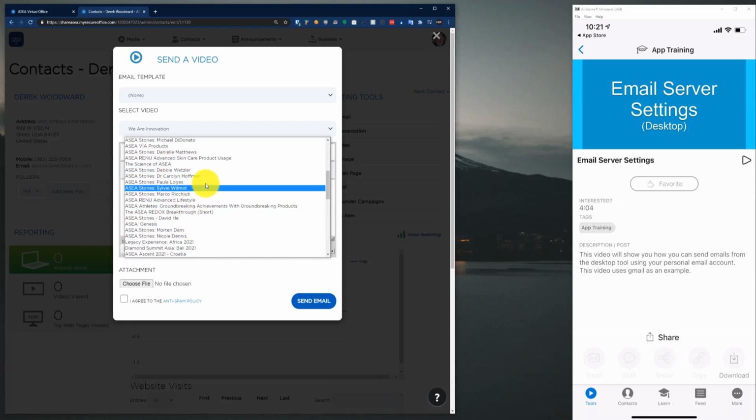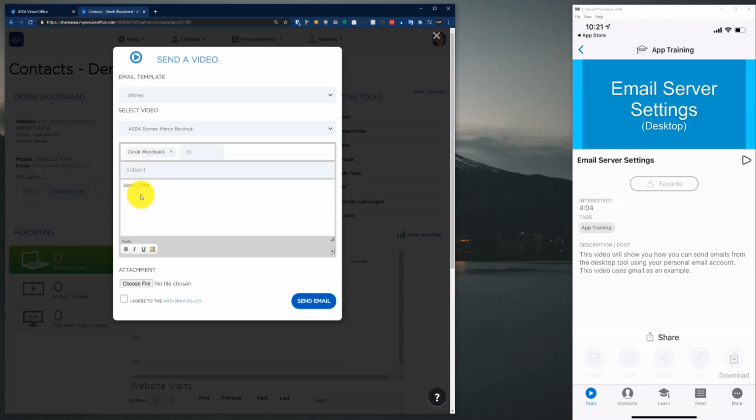So let's say we wanted to pull in a new ASEA story, Marco. So let's go through here and tap that. You can see it adds a code in here. And you don't want to break this up. You don't want to add any spaces or delete anything in here because that will break how we have that set in there. So what we're going to want to do here is we can push that down a little bit and we can say